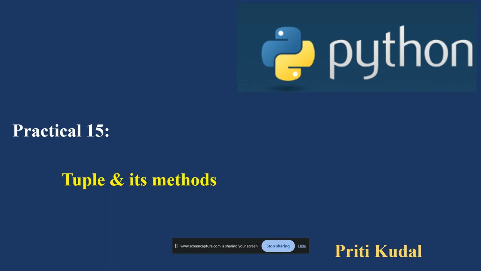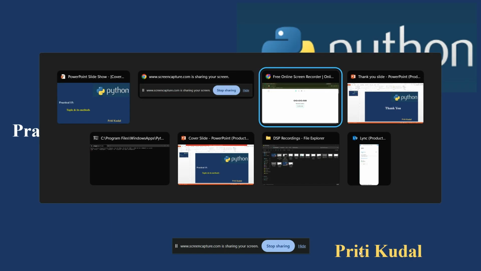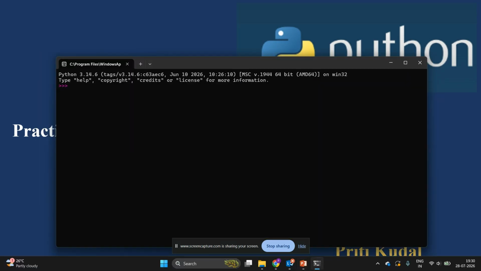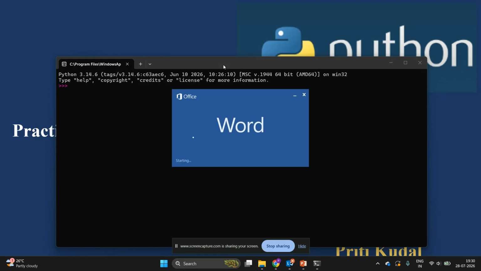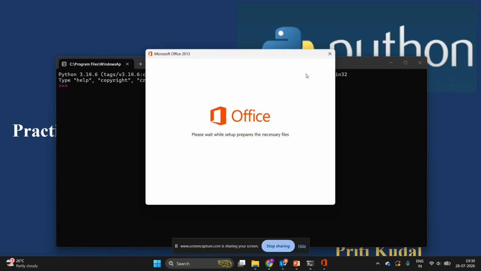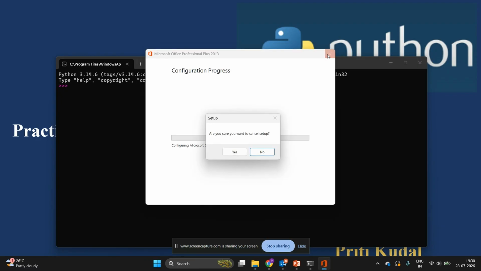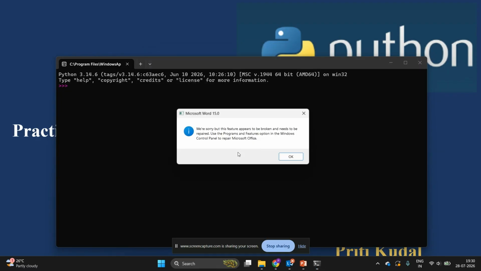So we will jump to the Python shell to see how a tuple is created. A tuple is created like a list, with a syntactical difference.